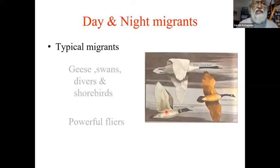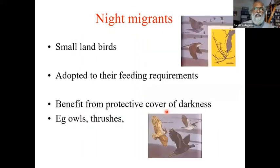Typical migrants, geese, swans, divers, shorebirds, migrate day and night, where powerful flyers are capable. Night migrants are mostly small birds, because the energy that they dissipate from their body is very high